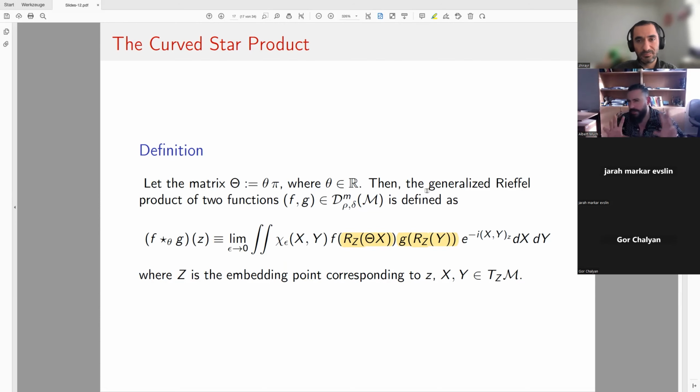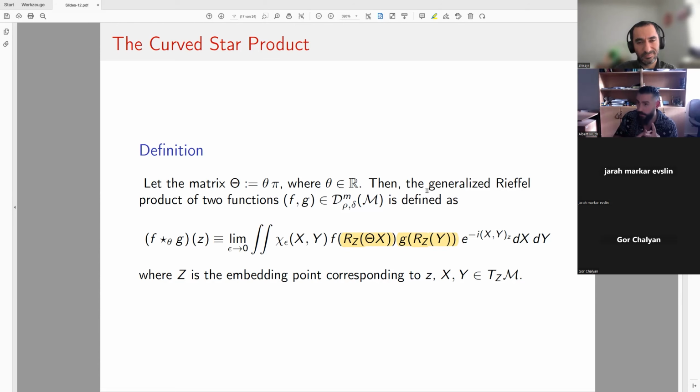This is something that maybe before I go into it, there are three different deformation quantizations. There are infinitely many, but three very famous ones. One is Kontsevich's, for which he got a Fields medal, so this is important stuff. He basically proved that there exists a deformation quantization for any Poisson manifold. Whenever you have a Poisson manifold, there is a deformation quantization.